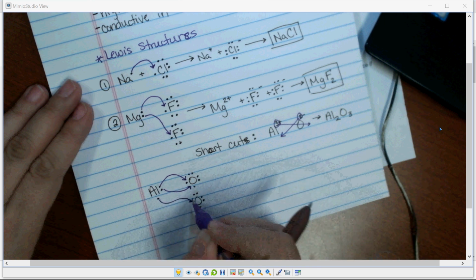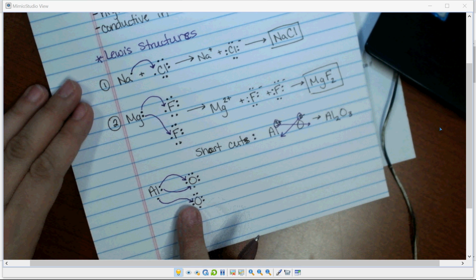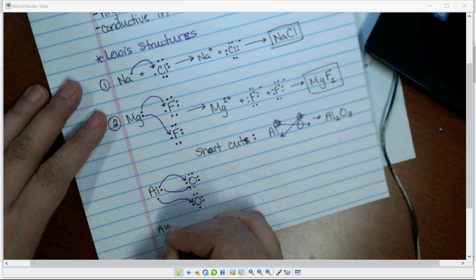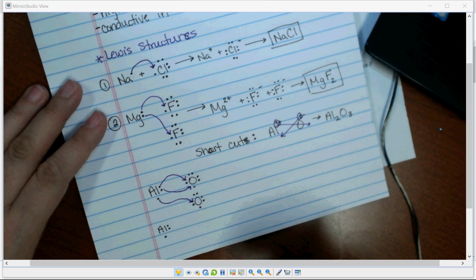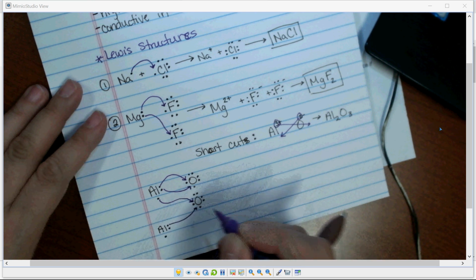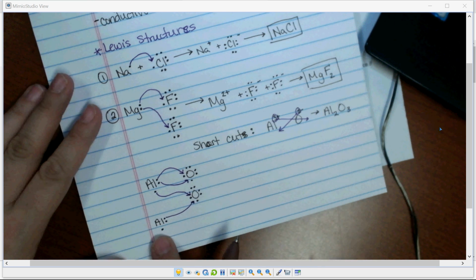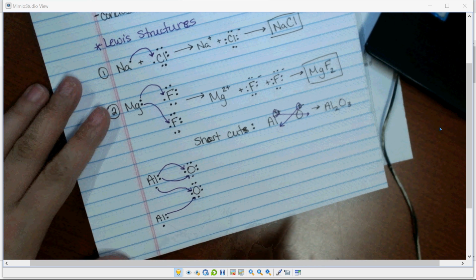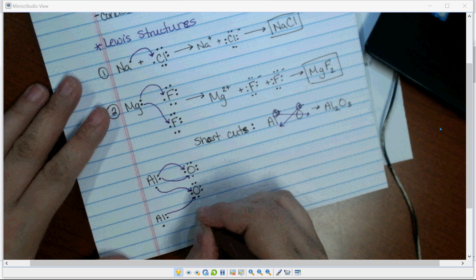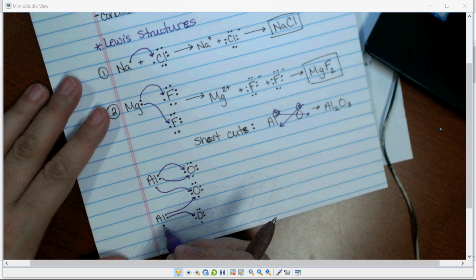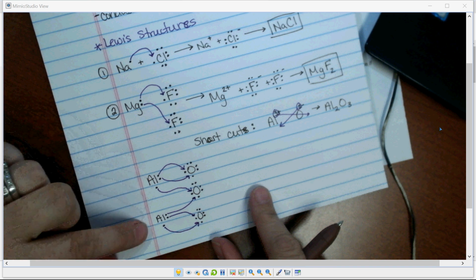Aluminum can be happy now by giving that away, but now this oxygen atom is not satisfied. So if we bring in another aluminum, it can donate an electron to that oxygen, so now this oxygen is satisfied. But then we have an aluminum with 2 electrons remaining, so it looks like we're close to finishing here. So this aluminum can give those 2 electrons up, and we end up with 2 aluminums